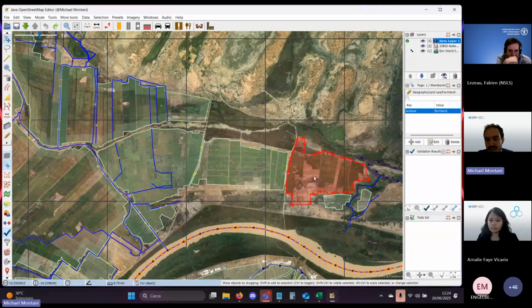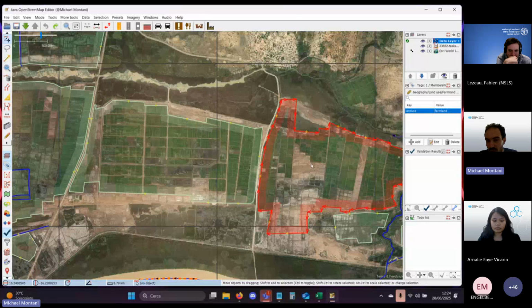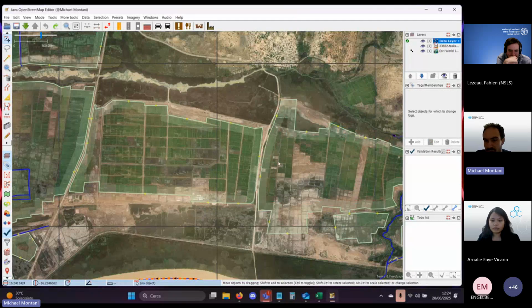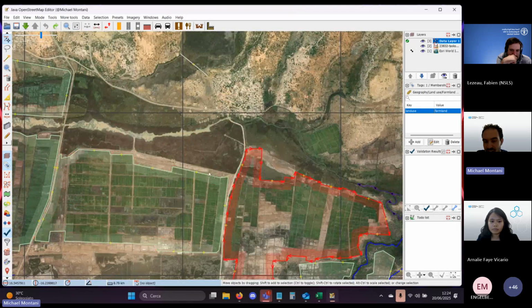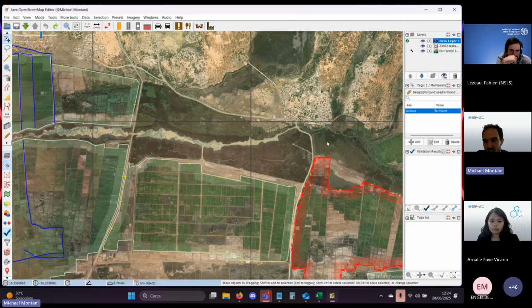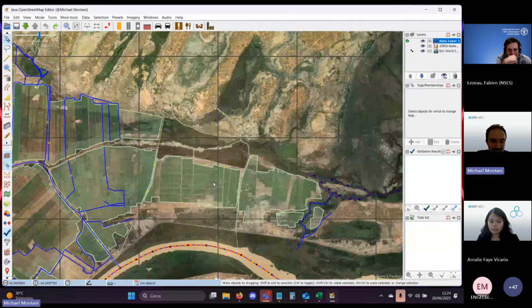We can also further specify the type of crop, but I will leave this for a second moment. The most important thing is just to identify the geometries, and later on it will be much easier to define the different types of crops once the geometries are already traced. So this is for the farmland. I think it's straightforward, but we can go back to it in case you have any questions later on.